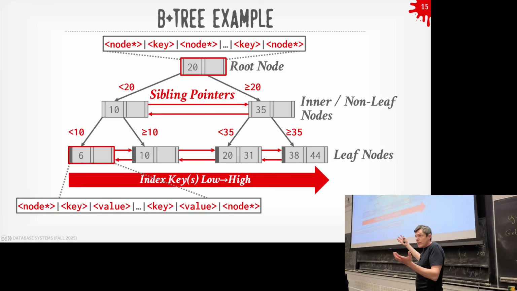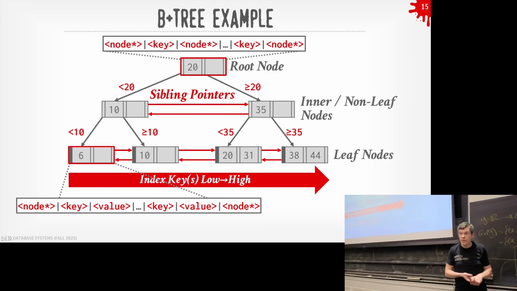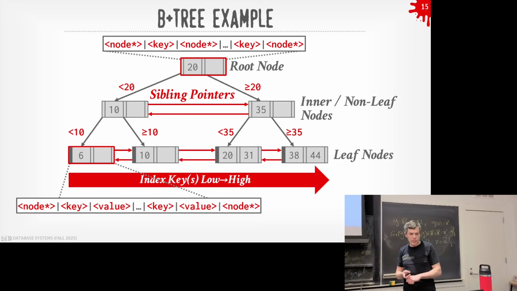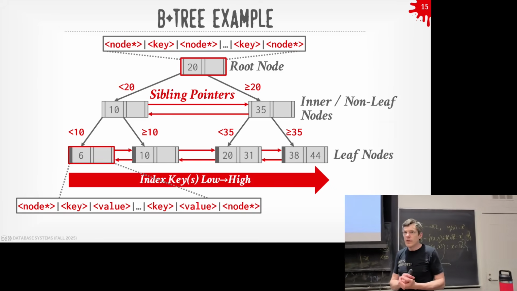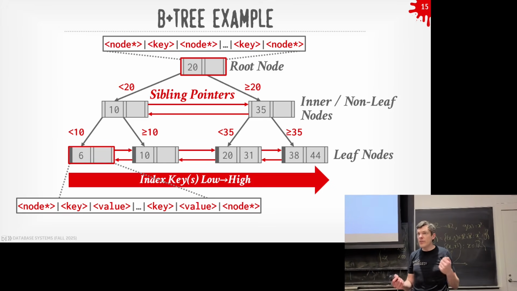Think of the top part as just scaffolding we build on top of this linked list so that we can jump to the bottom to find the keys that we want. A skip list is basically the same thing. Tries are a little bit different, but at the end of the day, that's what this data structure does for us. It allows us to jump to locations in our linked list without having to scan from beginning to end every single time.